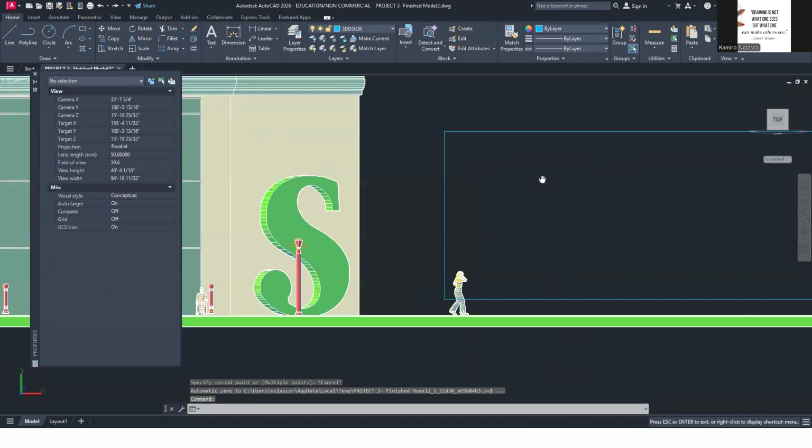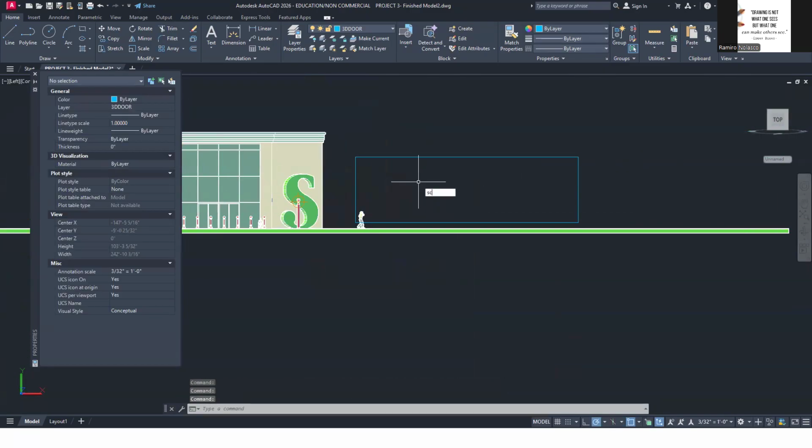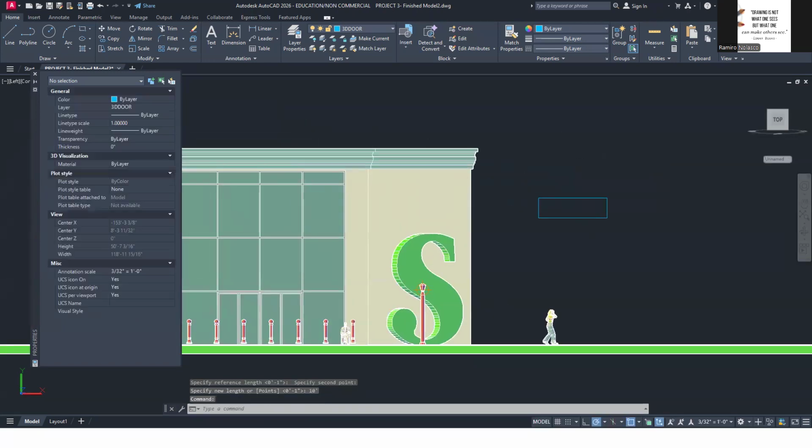So how do I do that? I simply say scale, this base point, and then reference. You remember the process, right? So reference will be the actual length from here to there, and then just say make it 10 feet. There you go. So it's that big. Okay. So when you do the rectangle, it wasn't metric, right? You put it 800 by 240. It doesn't matter. It's the proportion, right?